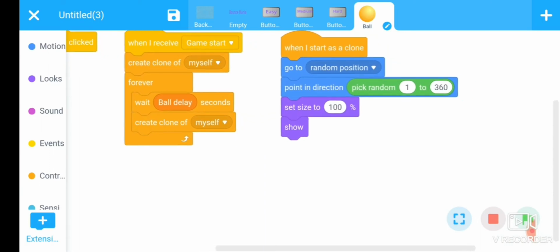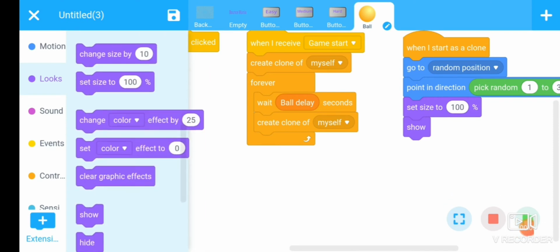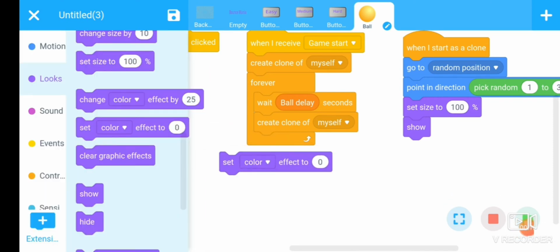Now we want here that the clone of the ball is generated with some color effect. For this, go to the look section. There is a command set color.